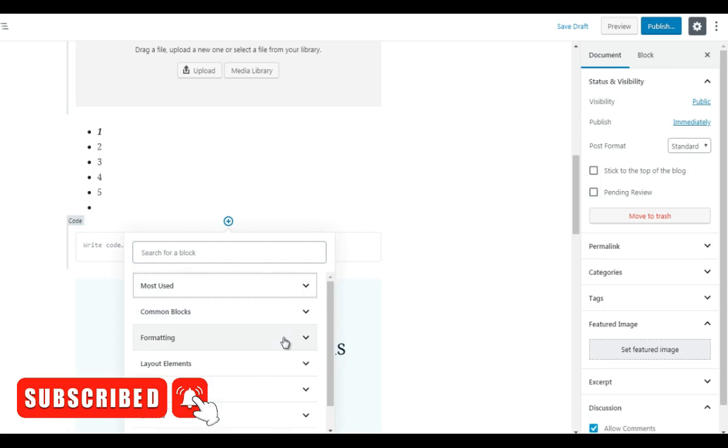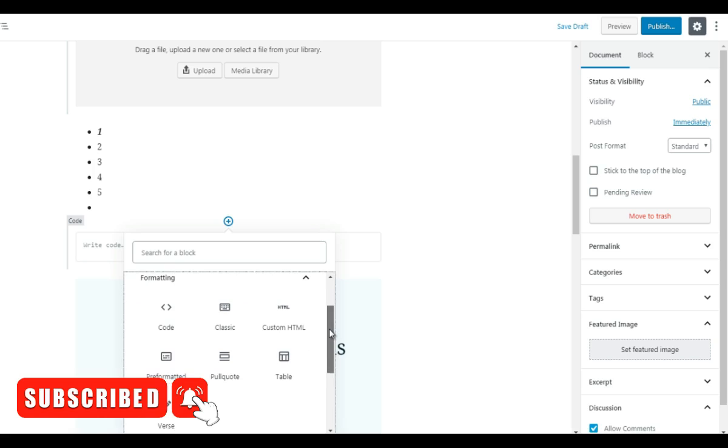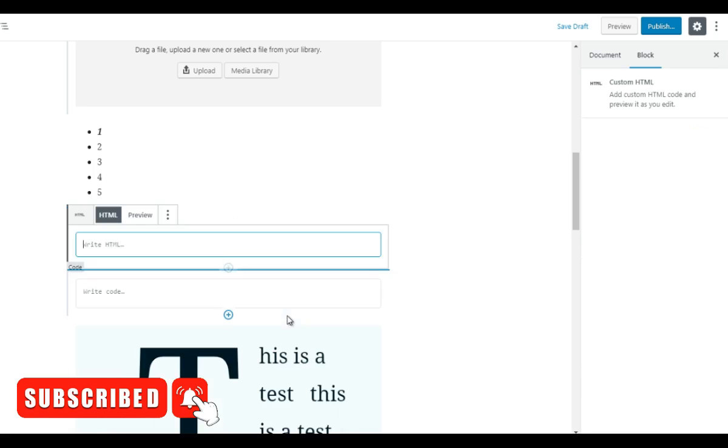Next up is the HTML. Now, believe it or not, a good majority of you will probably encounter something like this. They might tell you, enter this HTML code into the body of your WordPress site. If that's the case, click on custom HTML and you simply enter the HTML here. Now, most of you will not know HTML, but that's just how it is.